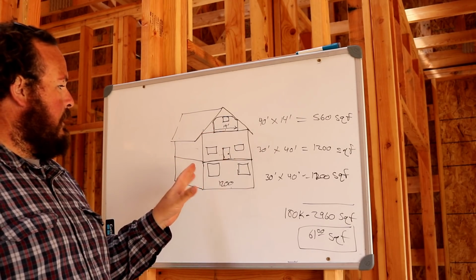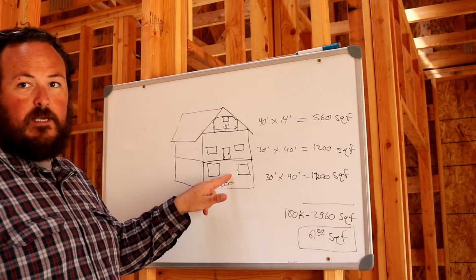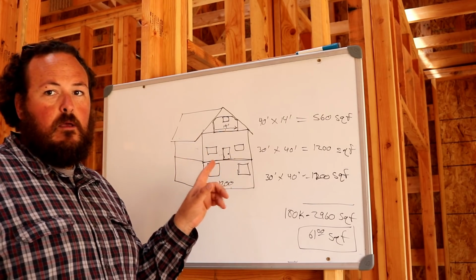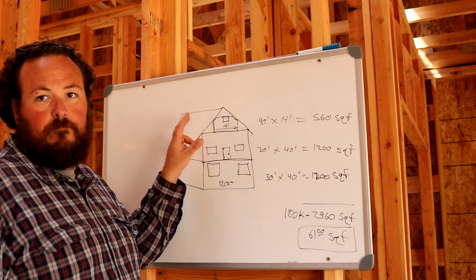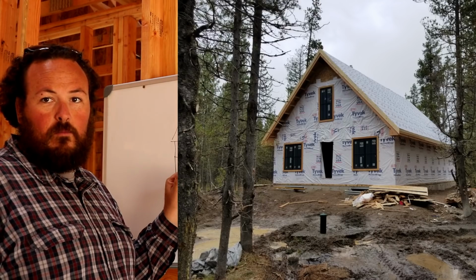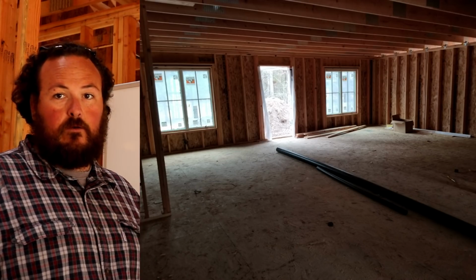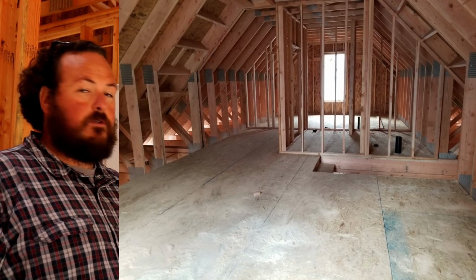But this is very simple, but this had 3 bedrooms in the basement plus a game room. We had main floor, kitchen, living room, laundry room, and master bedroom. And upstairs we had a bathroom and 2 bedrooms. So we had a 6-bedroom home with 3 bathrooms in it. So 6 bedrooms, 3 bath, and a laundry room tucked into this thing, for around $61 a square foot